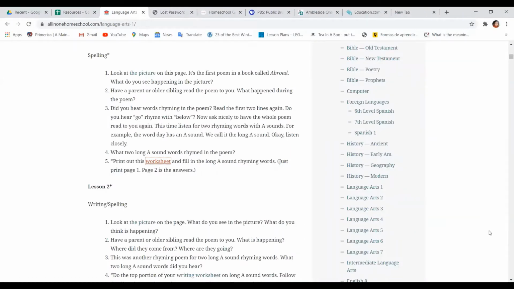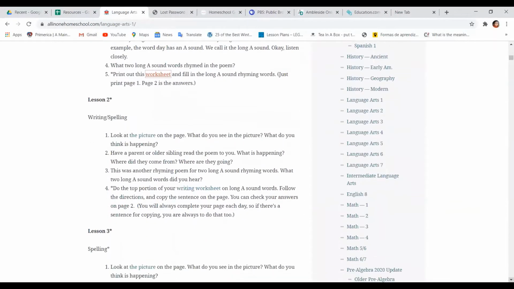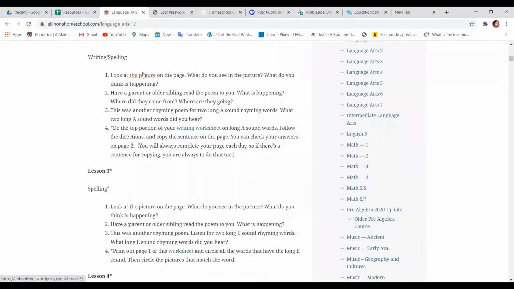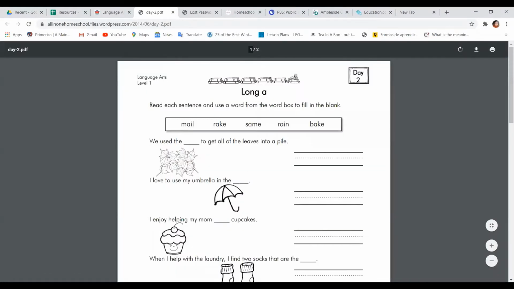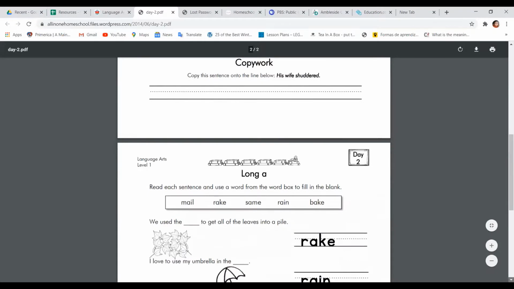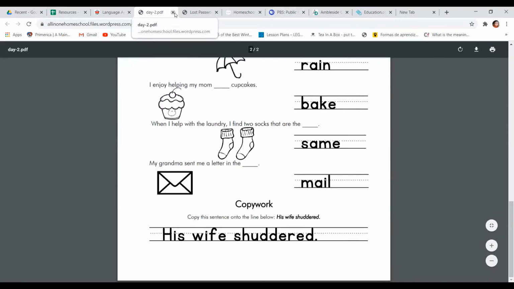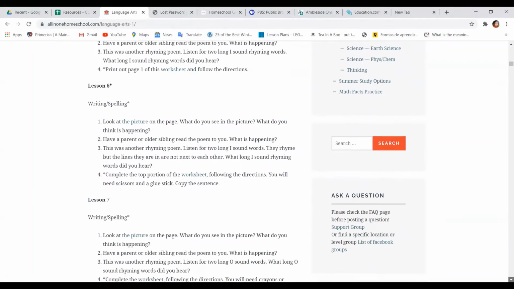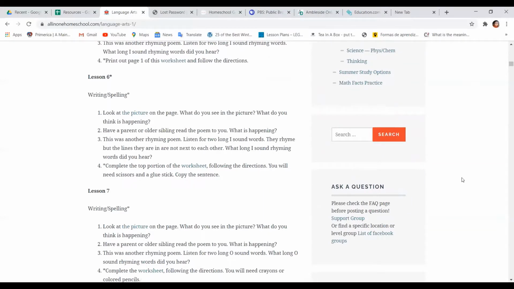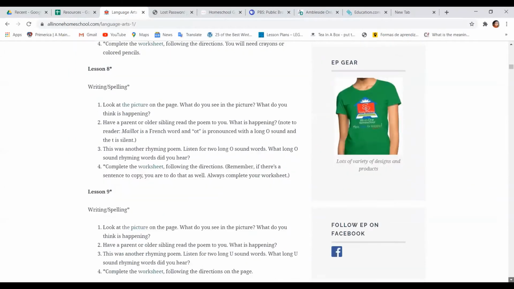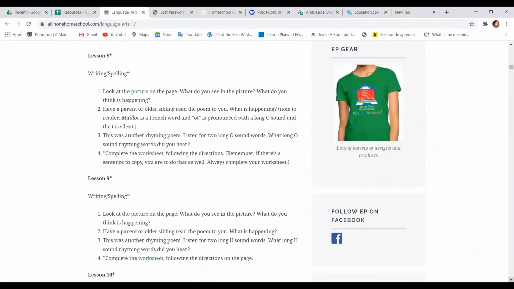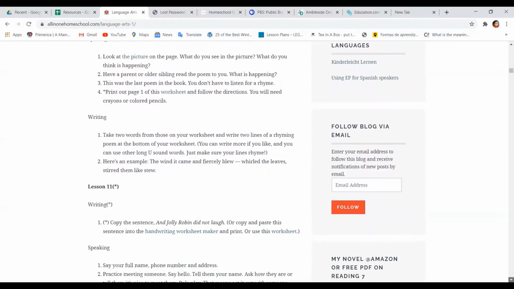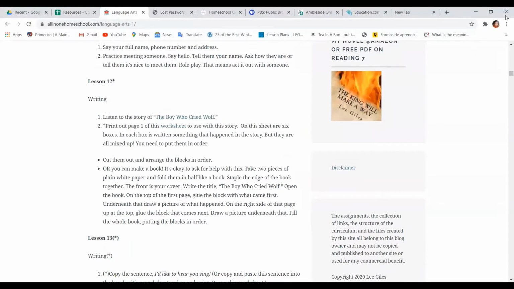And then she goes into writing and spelling. She also has over here, look at the picture, and then you click on it and print the page. Here's the writing worksheet for that day. So her program is very easy to use, and you don't have to struggle at all. Then she goes on to spelling, lesson 4, once again. So that's how this program works, and it goes day by day. And now that she has the assignment section that you can see there, it is even easier for you to use. Before she wouldn't have that, now she has it. Okay,